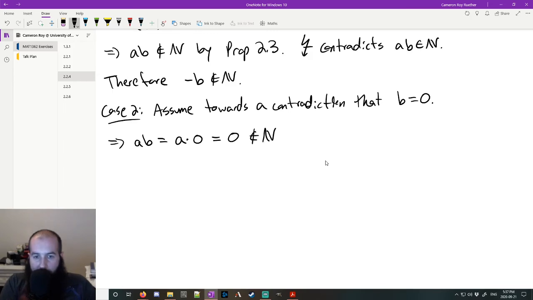And 0 is not a natural number. Therefore, we've shown that a times b is not natural, but this is also a contradiction to the same assumption. It means that our assumption is wrong, so therefore, b is not equal to 0,